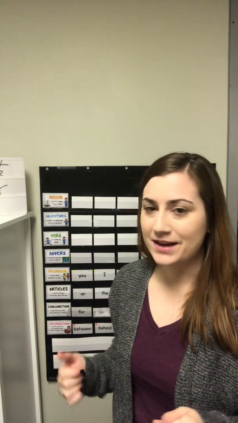So that's a lot of fun. And so I use the targets that I picked out. I'll pull up that sheet for whichever book we're reading, and then we'll fill in some of the cards depending on what the students are working on. And if all of my students happen to be working on goals related to verbs, I might fill in all the nouns and all of that and then just have